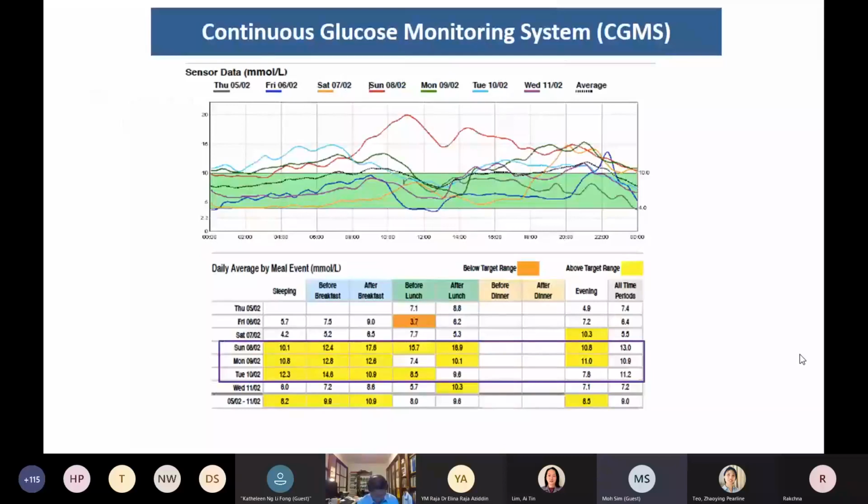So we also recognize that BGM only captures snapshots of a patient's lifestyle. And about 10 years ago, for these patients, we advised them to go on CGMS, continuous glucose monitoring systems, where they wear a sensor, and the sensor actually measures their glucose levels over either 48 hours or, for that matter, a week. And what was happening to this patient was, he was doing BGM during the weekdays. And you can see from the CGMS that all his readings, both pre and post-meal readings during the weekdays, are really very good.